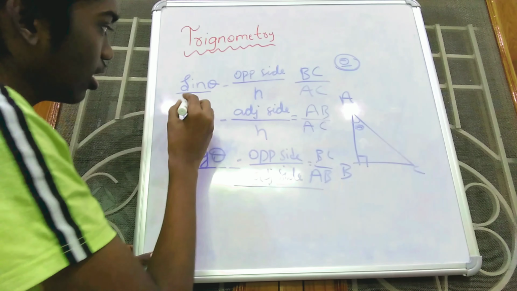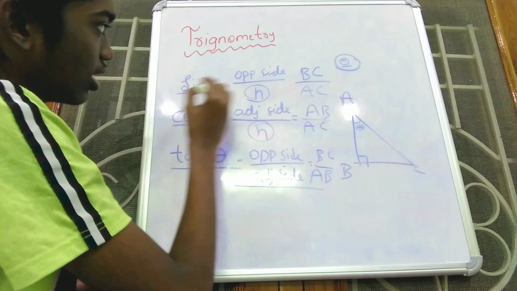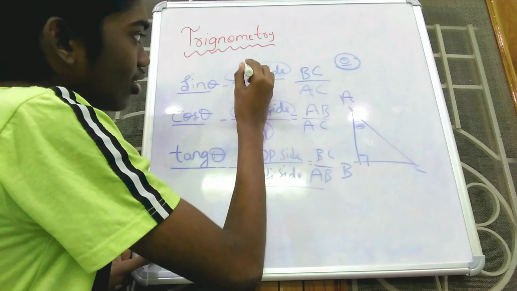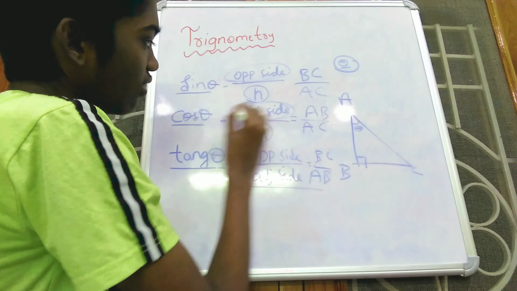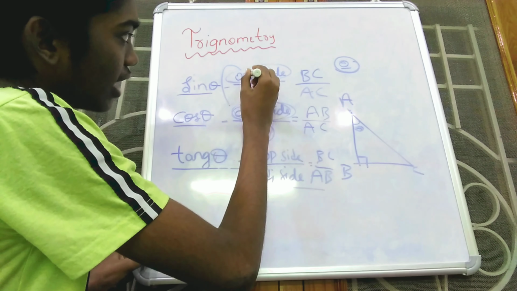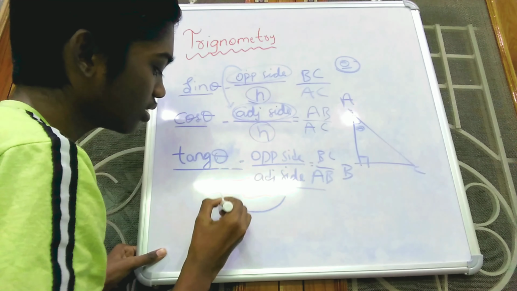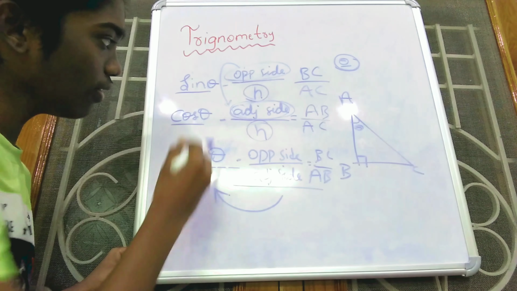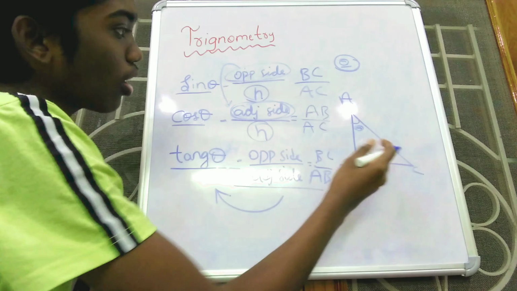The main criterion is that we have to remember these three formulas. A simple technique is that for sin theta and cos theta the denominator is the hypotenuse. For sin theta the numerator is the opposite side, and for cos theta the numerator is the adjacent side. The numerator of sin theta by the numerator of cos theta, opposite side by adjacent side, equals tan theta. With simple tricks like this we learn the formulas, and then we can easily solve problems.